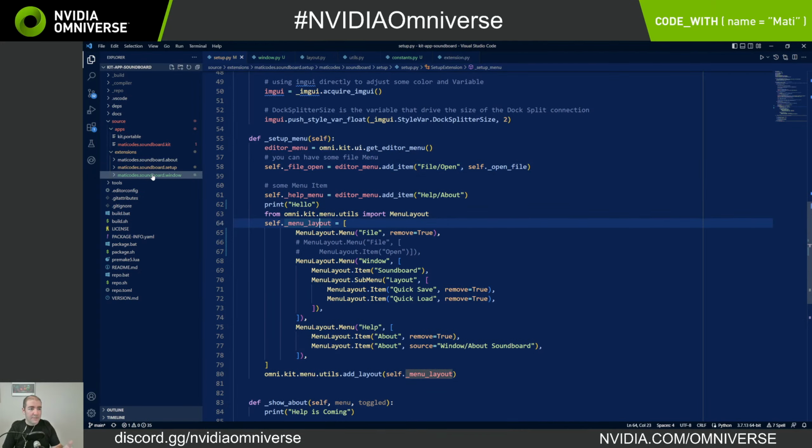But then this extension actually lives in another repository. So do I update both? Do I update the original one and then recopy the files over? It's a mess. So at NVIDIA, we have a different approach. We have different tools for this. We can't make all of those tools available, and also, it wouldn't work for everybody. So I'm doing this as sort of a solo developer, and I need a solution that works for me,